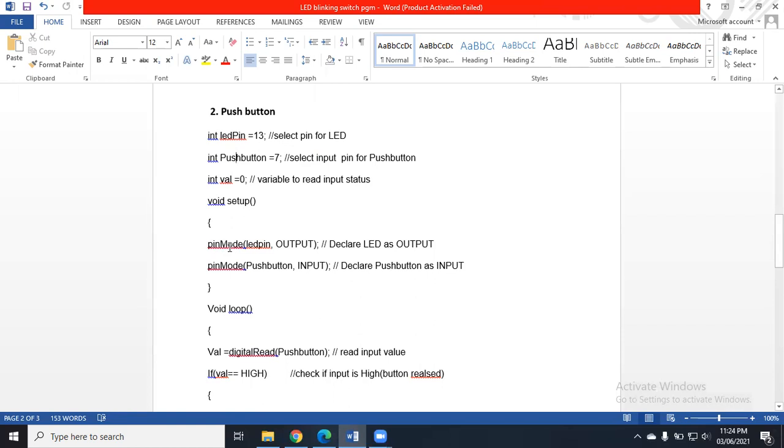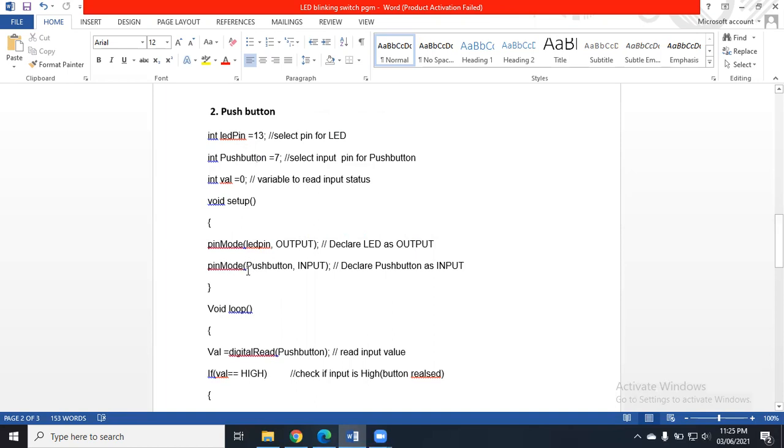I also told you yesterday that writing a program in Arduino is case sensitive. So whenever you write pinMode, the M should be capital. pinMode, in brackets, the name of the pin. Which pin are we talking about? ledPin. The LED is our output pin, that is why we have to define it as an output, and the word OUTPUT is in capital letters. So here we are defining ledPin as an output. Next up, we have to define the push button as an input pin. So for pinMode, again you have to do the same.